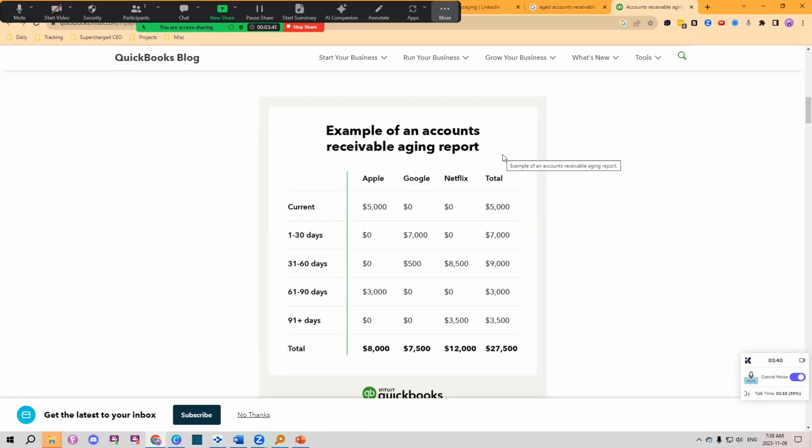Then I started charging retainer, and what I did was we had effectively a retainer and a progress billing. So when we signed the contract to get started, that's when they paid me a retainer. And what I did was half up front and half upon delivery of the finished transcript. And what that did was it really helped my cash flow, because instead of waiting to get paid,